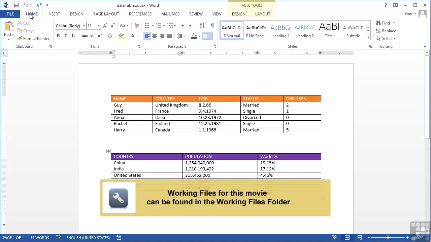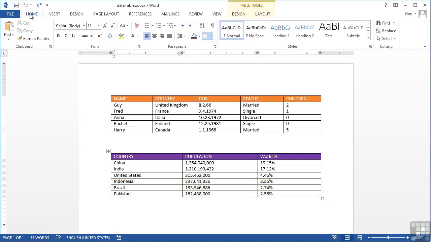Sometimes when dealing with tables, there is a requirement to merge cells together or even split cells into separate cells. Obviously, Word being an advanced word processing package, this is a capability it can manage. So if we take our data tables file and our population data, what we could do is insert a row